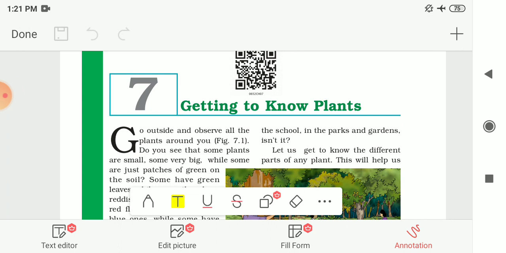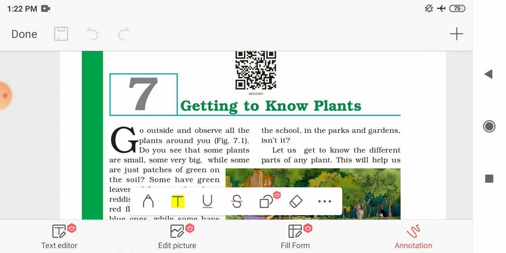In the previous videos of this chapter we had seen that there is variety in plants, different kinds of plants like herbs, shrubs, trees, creepers and climbers. Then we had seen different parts of the plants. First we had seen the stem and its function. Then we had seen the leaf, different kinds of venation in leaves, and the function of the leaf. Then we had seen the root, different kinds of roots and the function of roots.